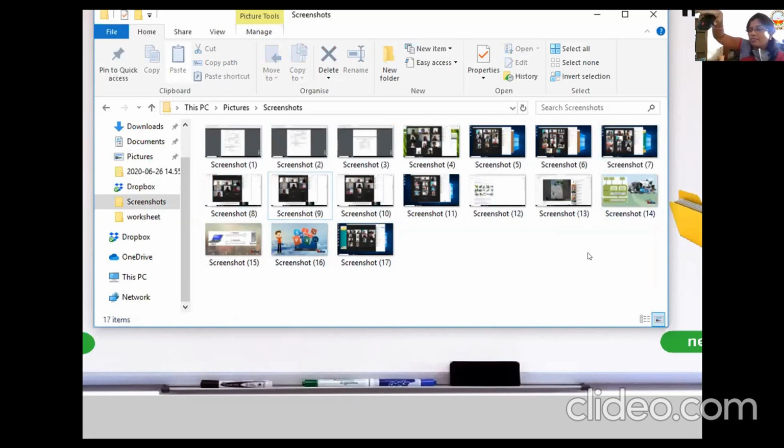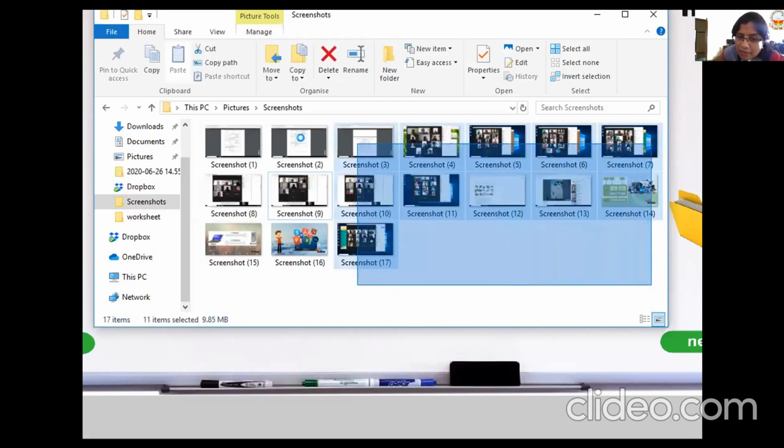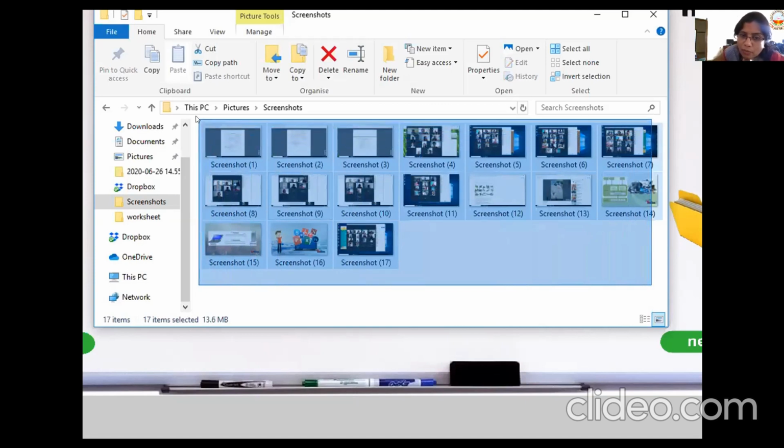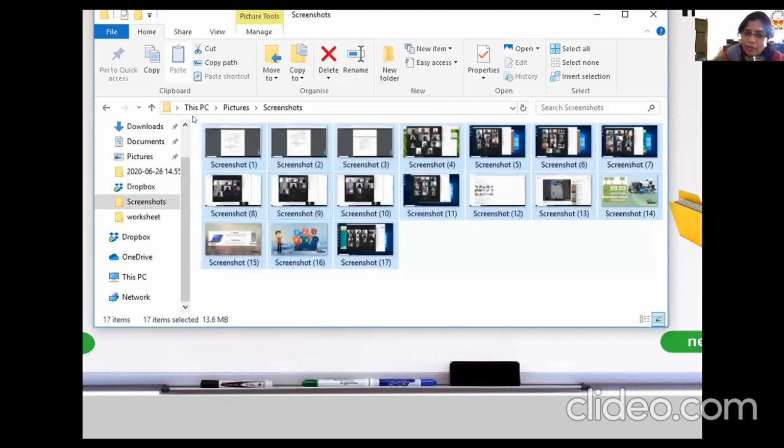If I just leave it, it will get unselected. So just place the left click anywhere, keep it pressed, and then move your mouse here and there. See, it gets selected. However much you want to select, bring this blue colour area till there and leave the mouse. See, all got selected. This is how you can drag and select everything using the mouse.